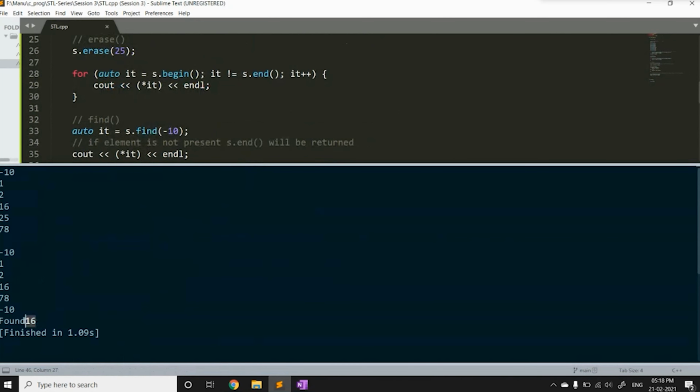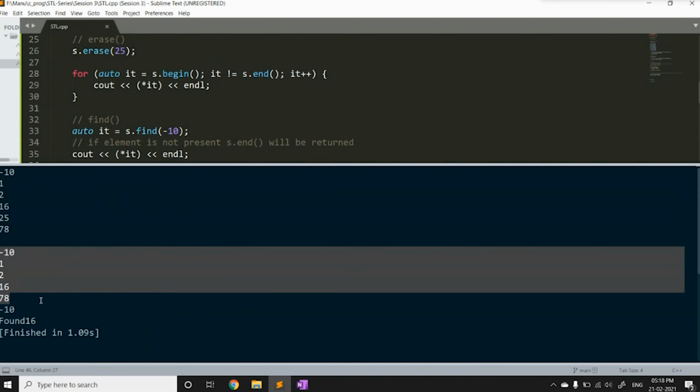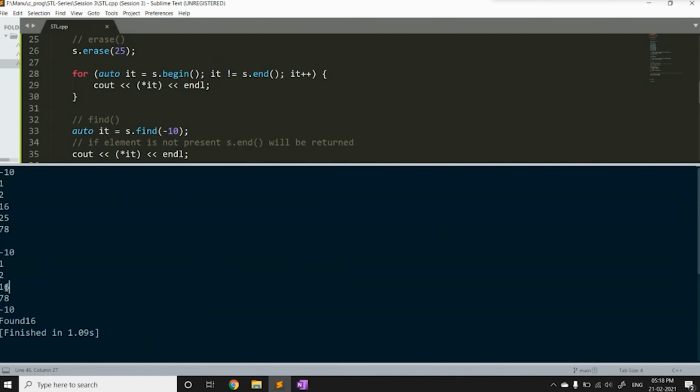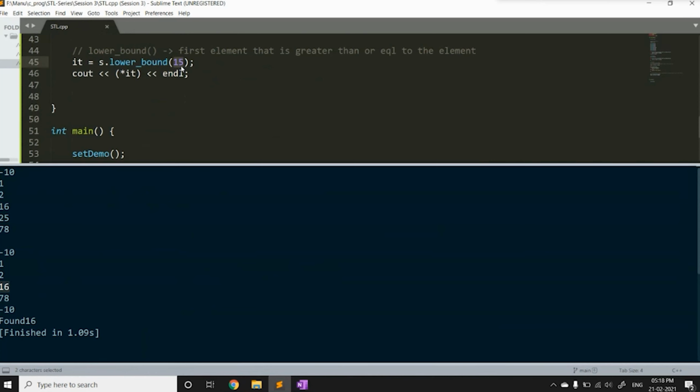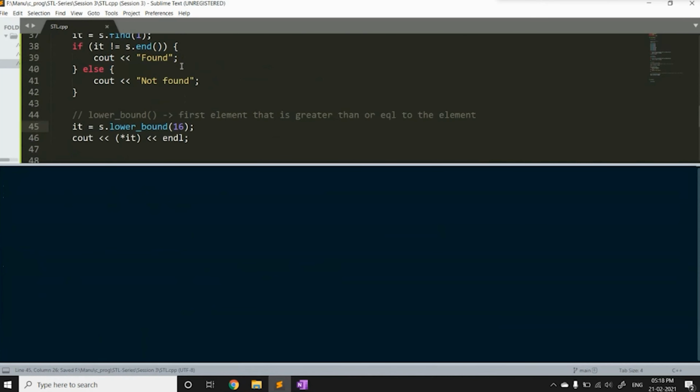So this is returning us 16. Why 16? Because if you see here, the first element that is greater than or equal to 15 in this particular set is 16. If we search for, suppose 16, it will return us 16. See, 16 again.